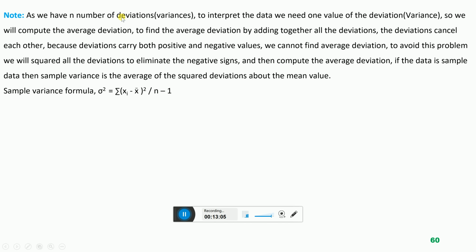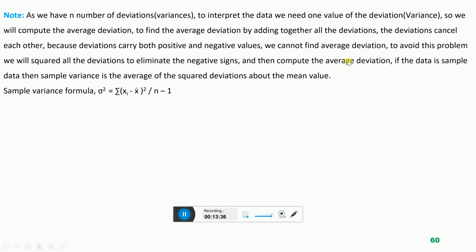As we have n number of deviations or variances, to interpret the data we need one value of the deviation. So we will compute the average deviation. To find the average deviation by adding together all the deviations, the deviations cancel each other because deviations carry both positive and negative values. We cannot find the average deviation. To avoid this problem, we will square all the deviations to eliminate the negative sign and then compute the average